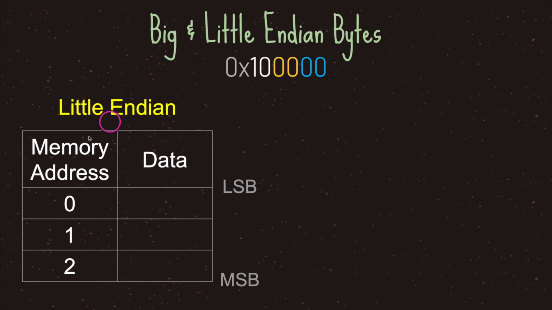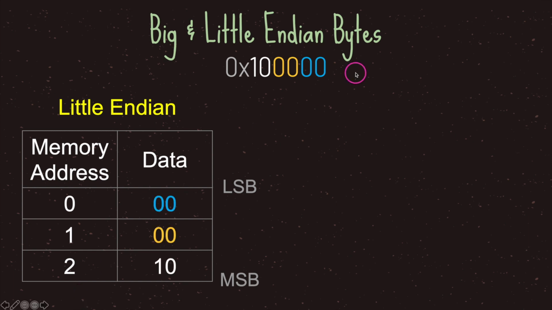So in this case, we have memory addresses 0, 1, 2 just to make it easier for us. And 0 is our first memory address location, and 2 being the furthest. And again, when dealing with little endian, we want the least significant byte at the smallest memory address, and we would like the largest byte, which again is the most significant byte, at the largest memory address possible.